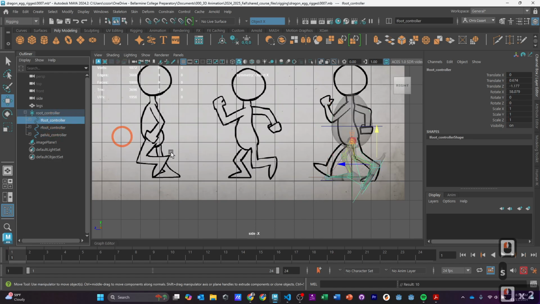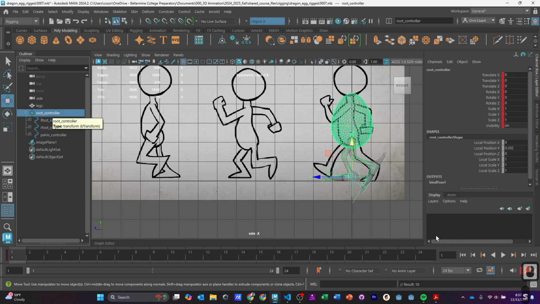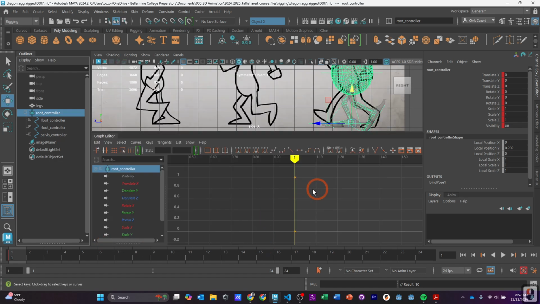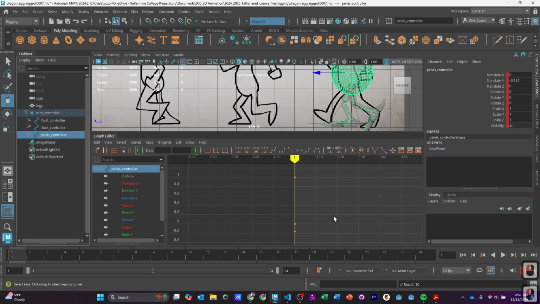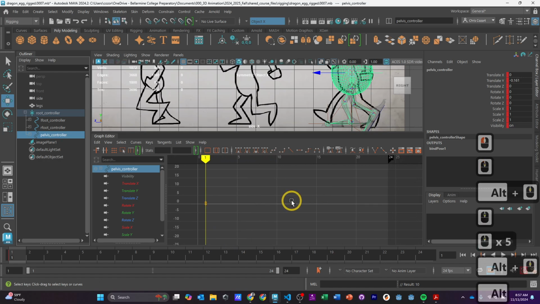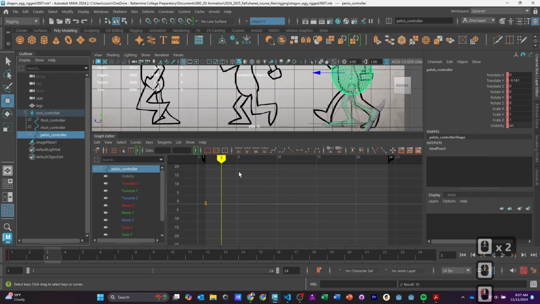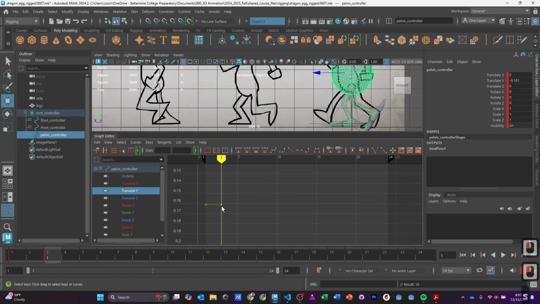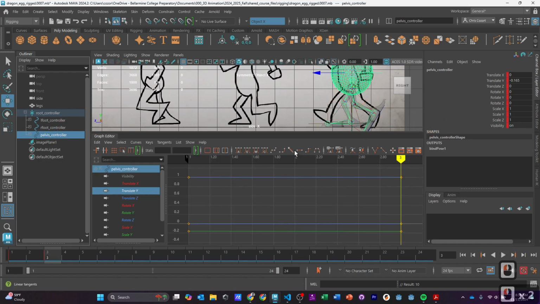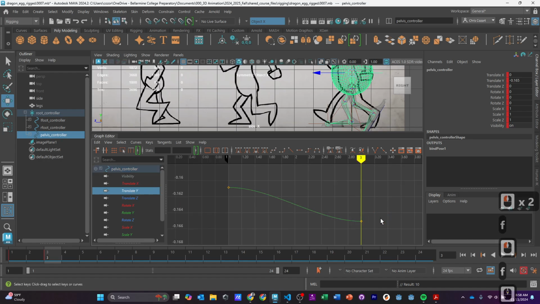We're also going to go back to the left foot and set a keyframe here, and go to the right foot and set a keyframe there. We'll set a keyframe on the root controller as well, and we're using S as the key to set these keyframes. From there, we can get a hold of the pelvis controller and move over to frame 3, where we are going to create another keyframe on the translate Y in particular, and bring it into a down pose, right? So we want the pelvis controller to move in a downward position on translate Y,